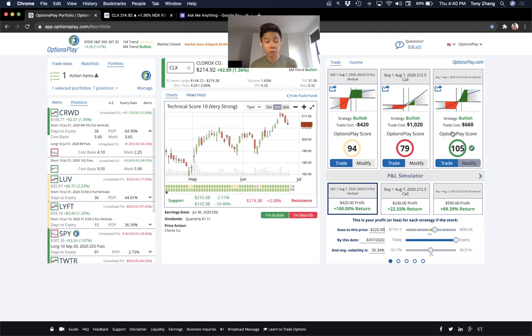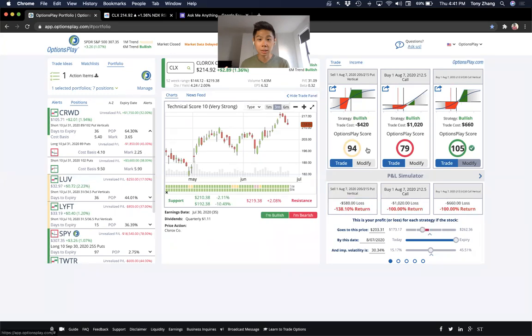But for many other stocks, technology stocks, biotech stocks, it's difficult to continue to think that these stocks will make new 52-week highs and continue to run. So my preference here is to be more defensive and look at strategies where you're collecting a fair amount of premium, because the risk here to the downside is I'm only risking $580, which is only 2.5% of the underlying stock price. Those are the types of strategies that I'm trying to seek in this type of environment, because Clorox could easily pull back down to 195 or so.